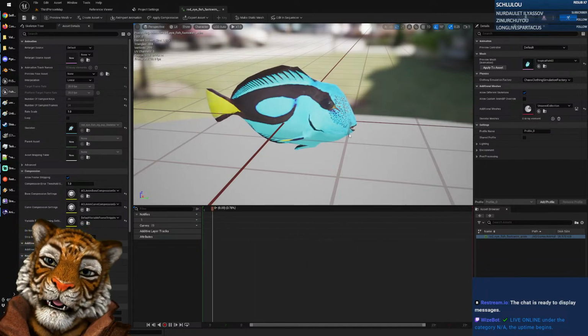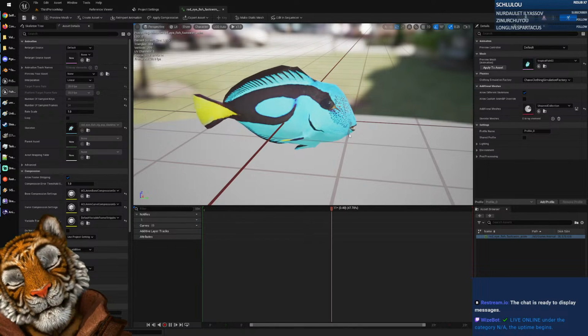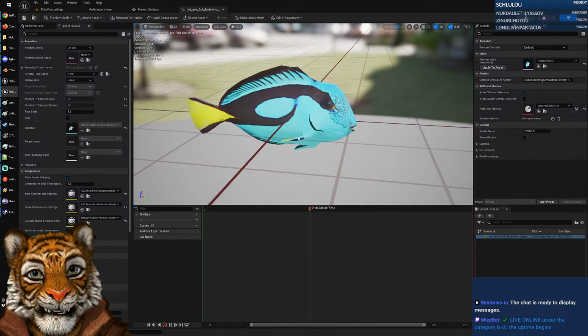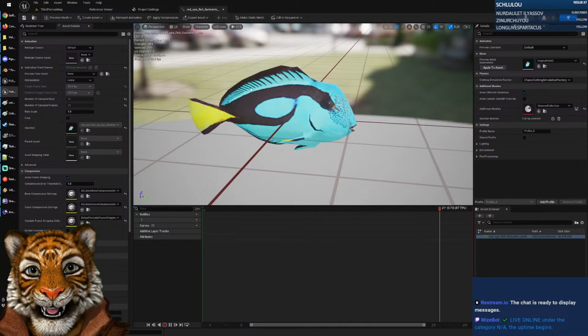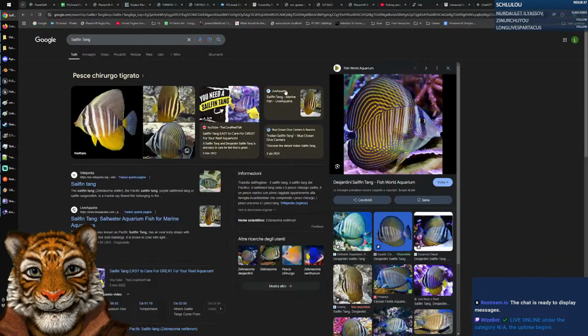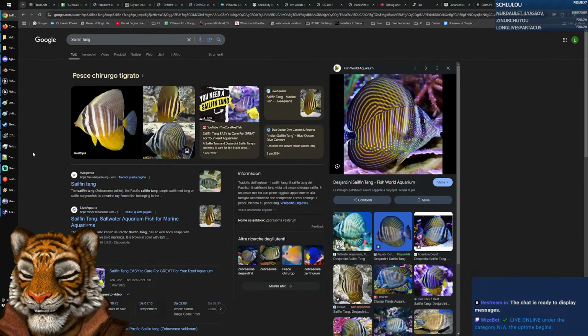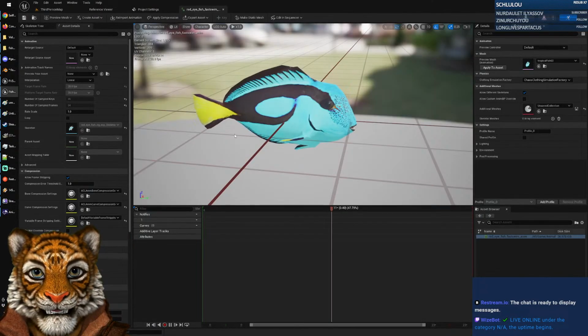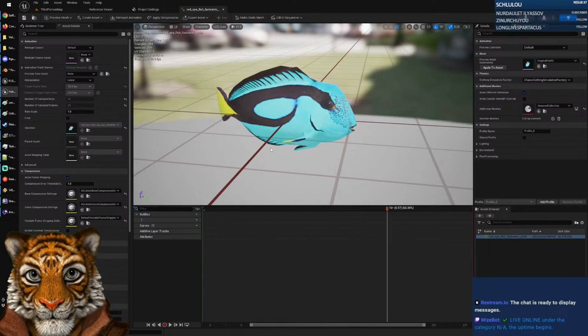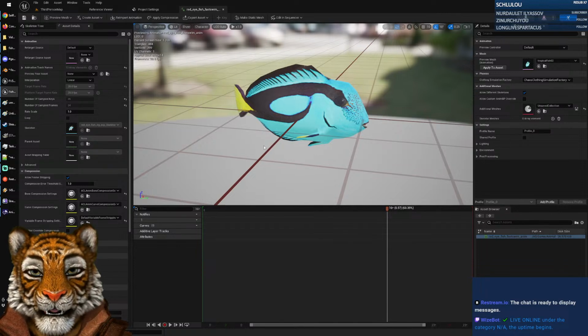Yeah, this one I think it looks a bit fake, but it's also because the fish itself looks a bit fake. I mean, the actual fish. I think the tail is the one that looks the most fake because it's kind of cut off. But anyway,